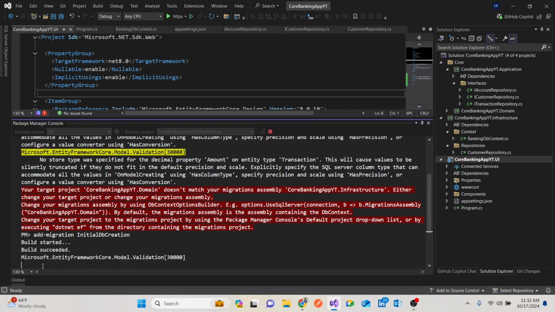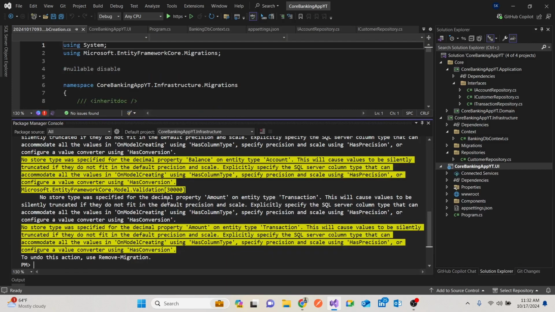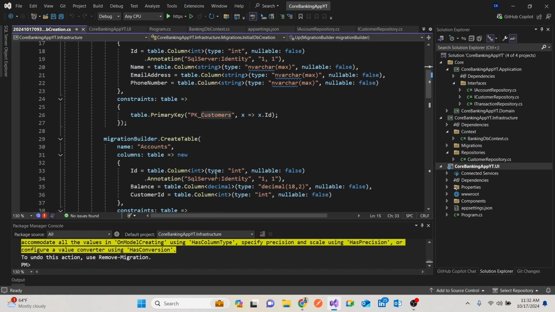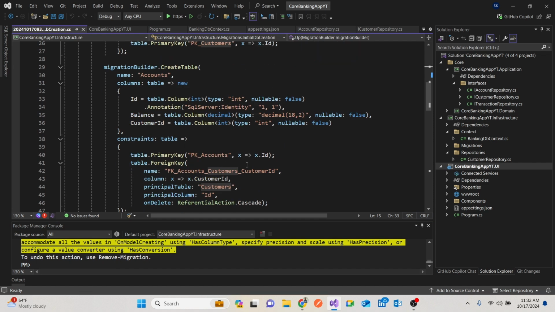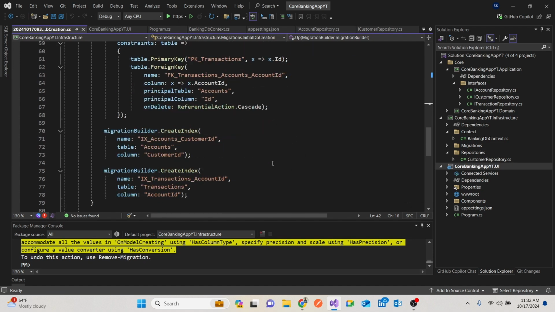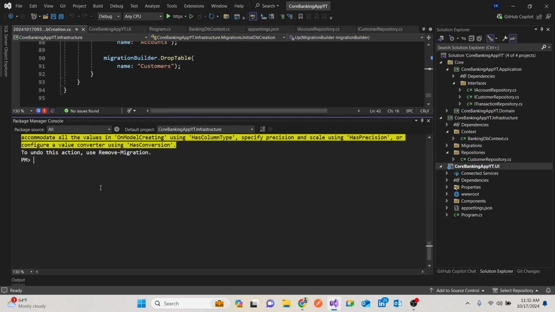So the infrastructure is what has the context. The red there is just to do with the decimal validation, so don't worry about that. But we'll see that once we run the migration, it shows you that there's a table Customer there. That's the primary key. Then you also see the foreign keys as we had done. Now for us to create the database, we're going to say Update-Database,